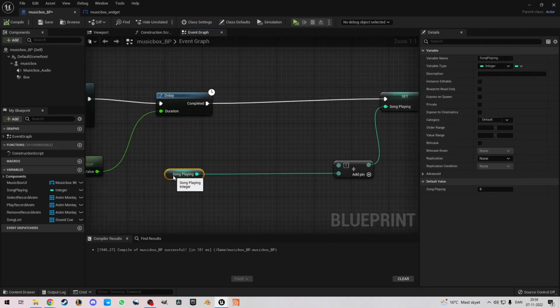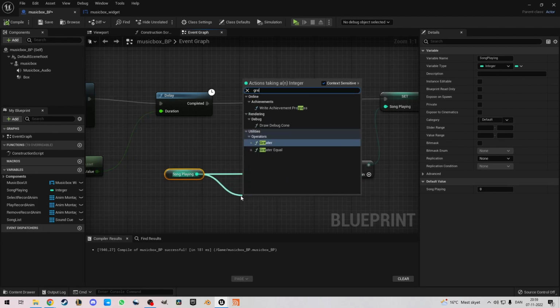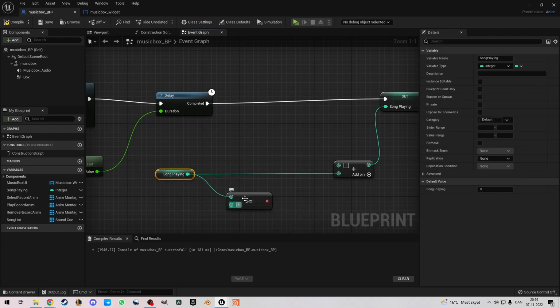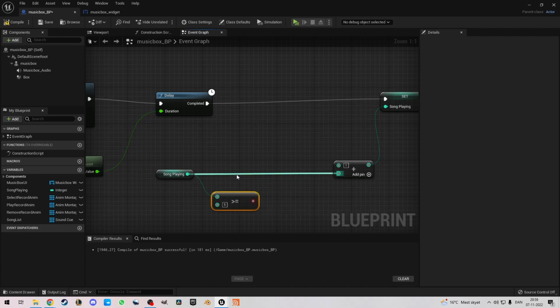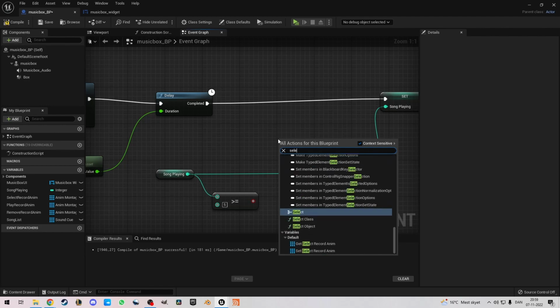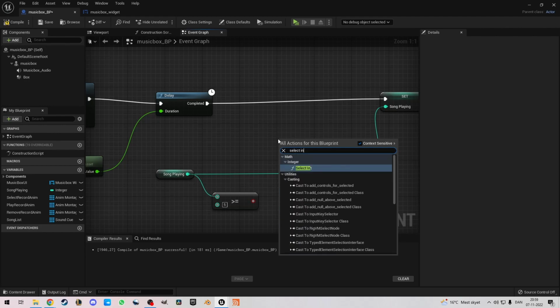So here with song playing, we are gonna do a greater or equal. So we're gonna check if the song playing integer is greater or equal to 5, because that would mean that is the limit. You remember we have 0, 1, 2, 3, 4. That's how programmers count. So if that would have been 5, we're gonna have to stop it from selecting. So we're gonna use a select integer node,